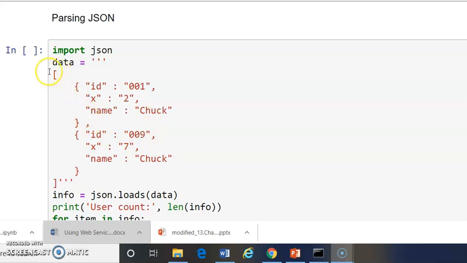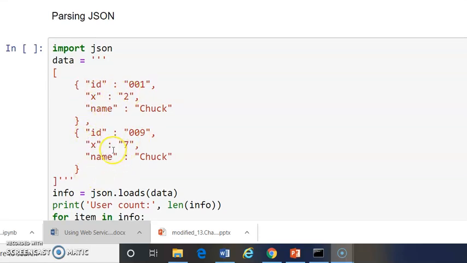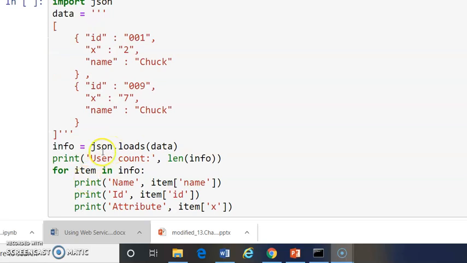Here the content is in the form of a list. Internally, we have a dictionary inside the list. So we have 3 values inside this, like 3 items. Each item is a key value pair here. Again in this we have 3 items. So how are we going to extract this now?